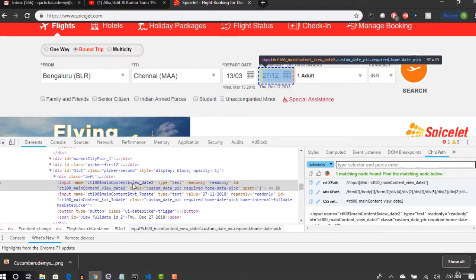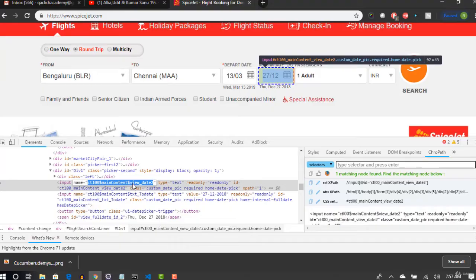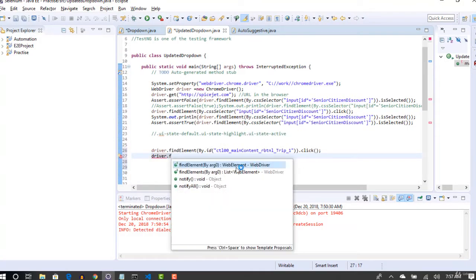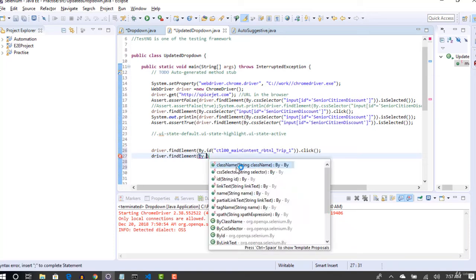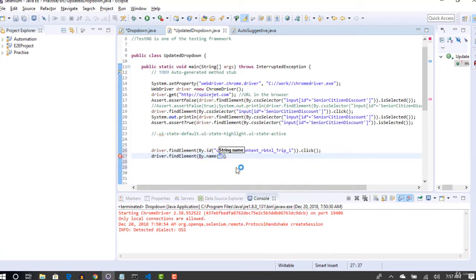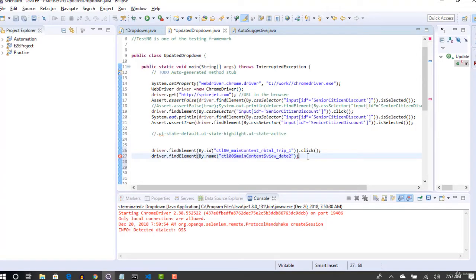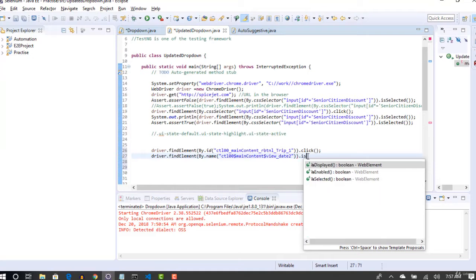Now this is the name attribute, right? So driver dot find element by dot name, which will highlight this edit box, and here you have something called dot is enabled.